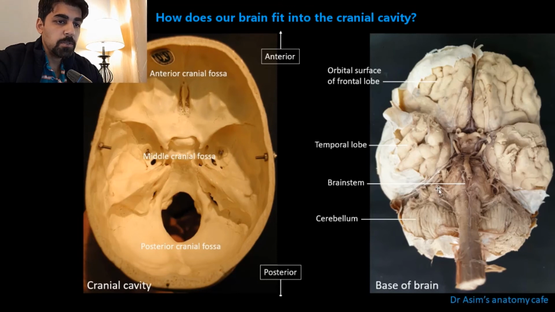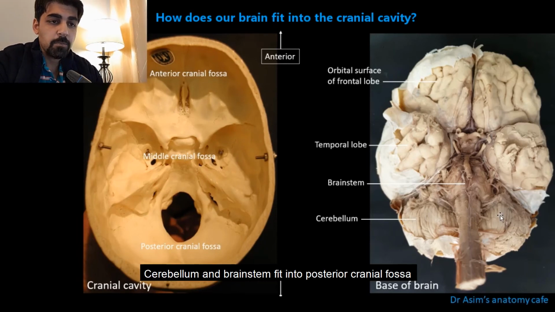So this region, the cerebellum, which is at the back of the brain, is going to fill into this space over here. That's going to fit into the posterior cranial fossa. And the brain stem, which you can see at the base of the brain here, the midbrain might not be that prominent, but at least the pons and the medulla are clearly seen here, continuing down as